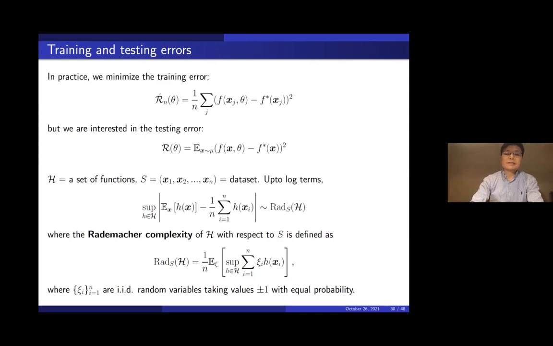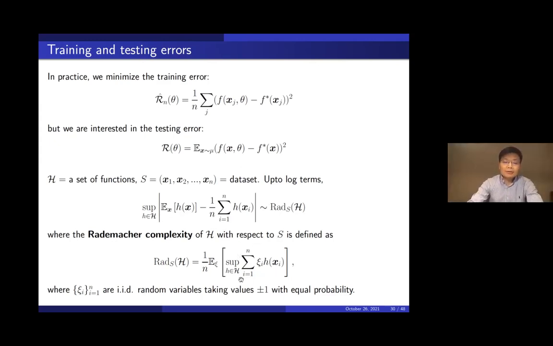The training process involves the data. So there is lots of correlation in here, and the argument we used before doesn't work. So therefore, we cannot do that. One of the most powerful strategies is to look at the supremum of this difference over the hypothesis space. And it turned out the supremum is very well controlled, above and below, by a quantity called Rademacher complexity. And the Rademacher complexity is defined as follows.